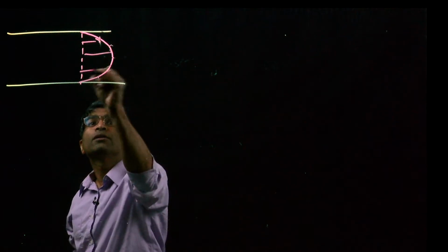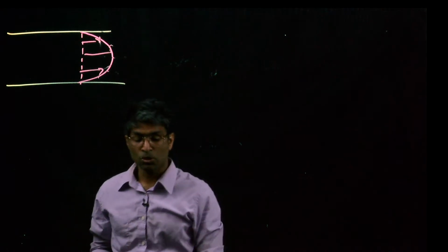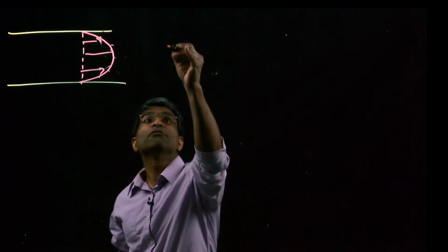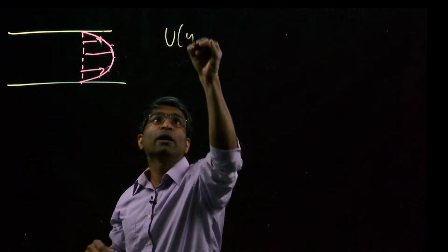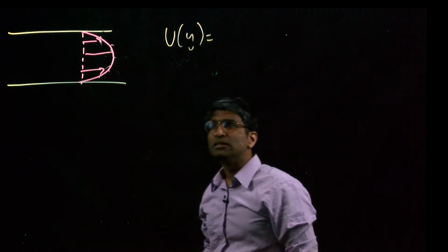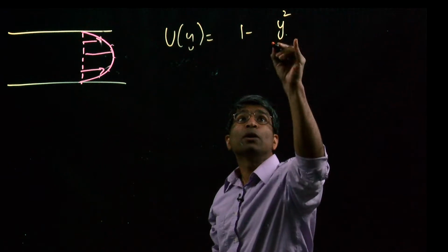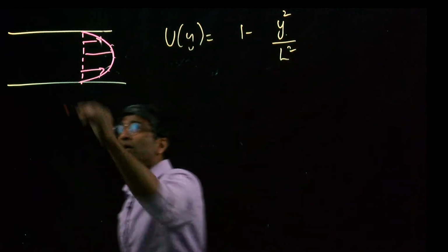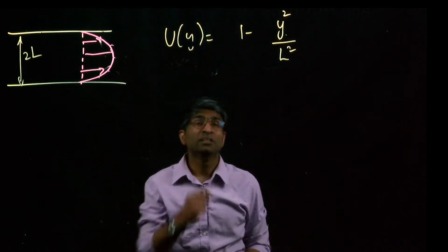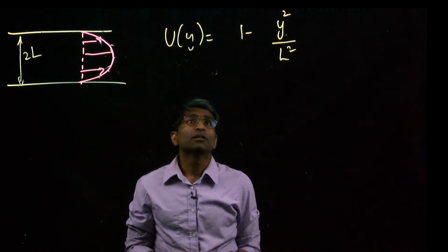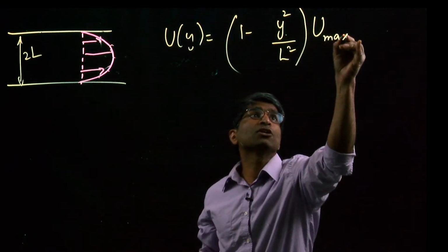So recall that we said that the velocity is always 0 at the wall for a viscous fluid. So what we are saying is that the velocity now in this parallel plate channel is given by u of y is equal to 1 minus y square over L square, where the height of this channel is given by 2L. So if that is the velocity, and let's multiply that by some u max, which corresponds to the center